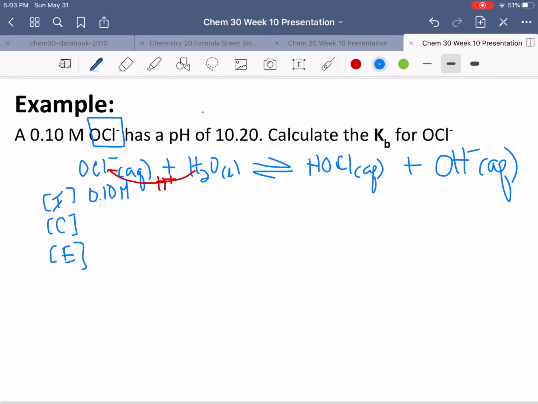Now, the whole goal of this question is to find Kb. Now, in this case, to find Kb, we're going to use a scenario, like I said, similar to what you did with that first question on weak acids, where as long as we have all of our equilibrium concentrations, we can then use those to correctly calculate Kb according to the equilibrium law. Now, this question tells you the pH, and you got to be careful. pH does not directly relate to hydroxide. pH directly relates to